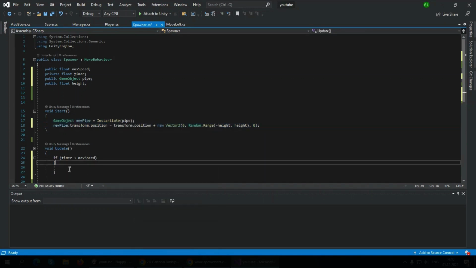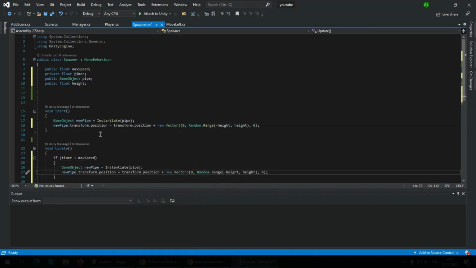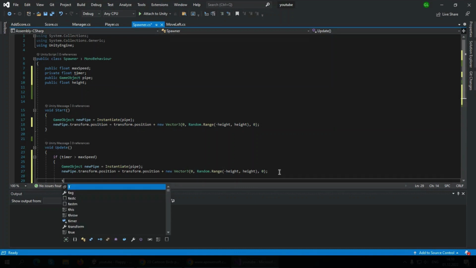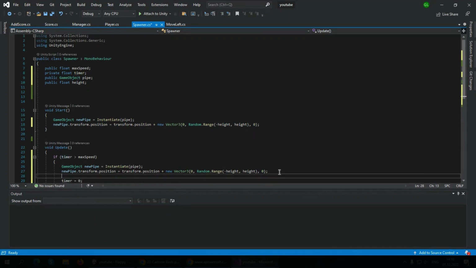It's to spawn our pipes over and over again, so you can just copy those 2 lines of code here. Okay, and after it we want our timer to become 0,